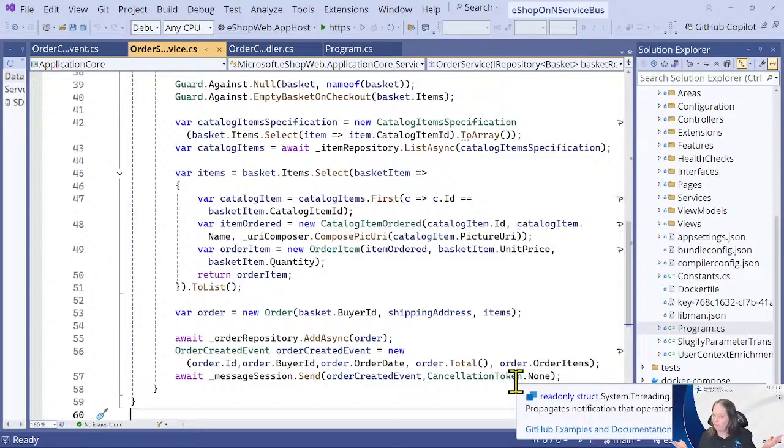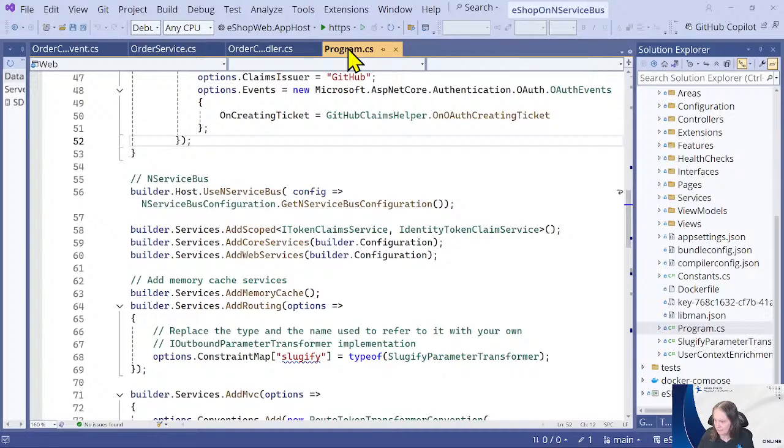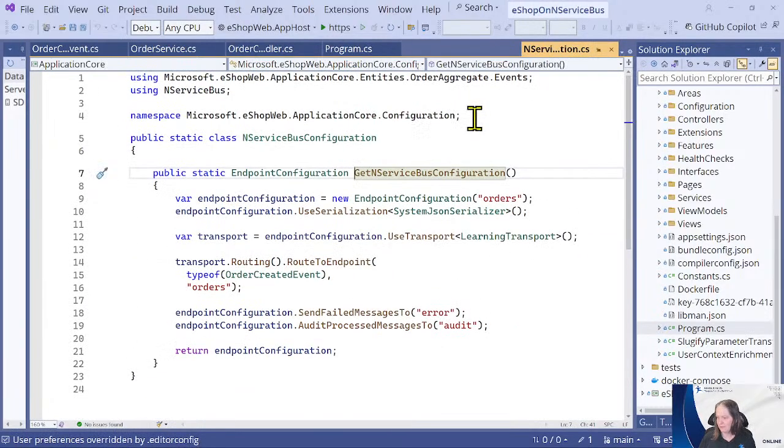What's picking it up? That's where we get into the NServiceBus part. So I have our program.cs. The reason I want to show program.cs, this is program.cs for the web. Hover over it, you can see the path is on the web. I've scrolled down because there's a lot of stuff in it, but this UseNServiceBus is the critical piece. With this UseNServiceBus, I put it in a separate method just for registration. We go into it, you can see some of the things.